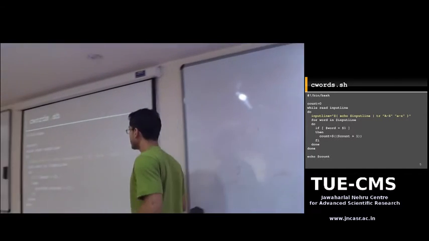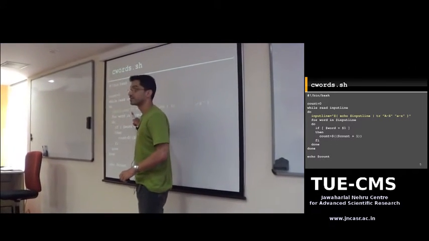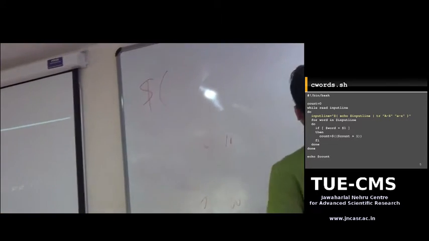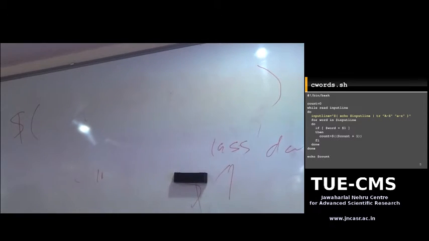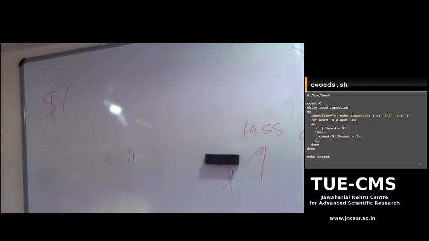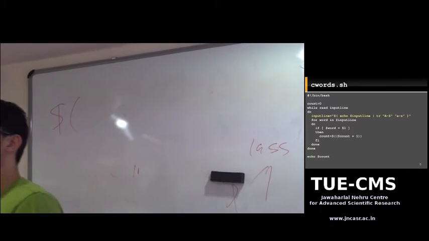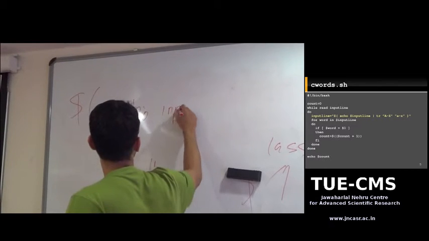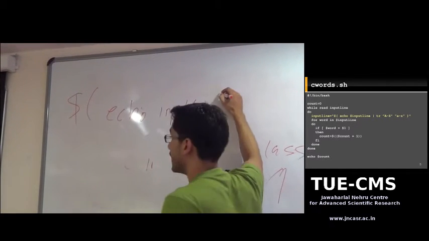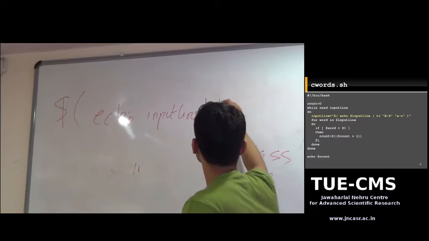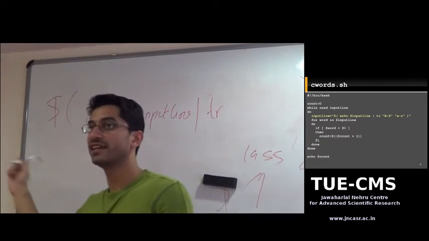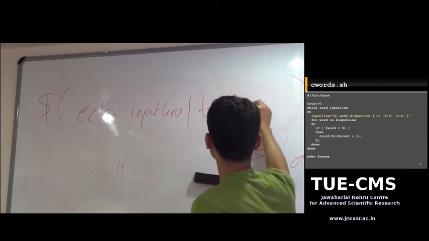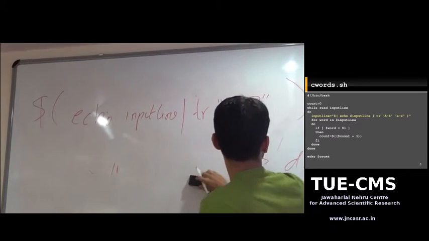If you look at this line, we have our command substitution syntax, which is a $. Okay, this is command substitution, and we're echoing the input line. Our loop reads each line from the input, so we're going to echo that line and pipe it to the tr command. You remember the tr command for converting lowercase to uppercase; we're going to use the exact same thing to convert uppercase to lowercase.